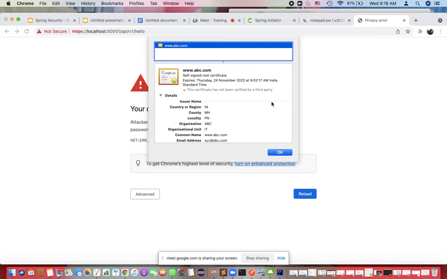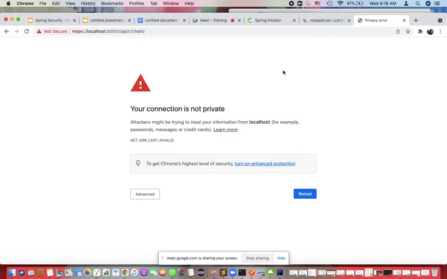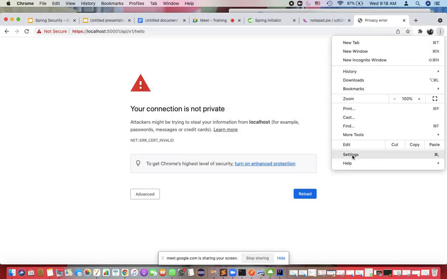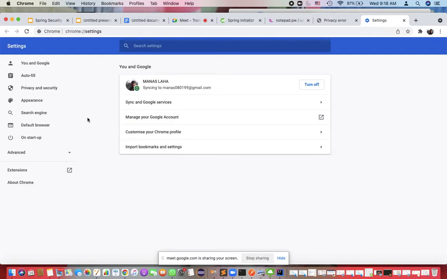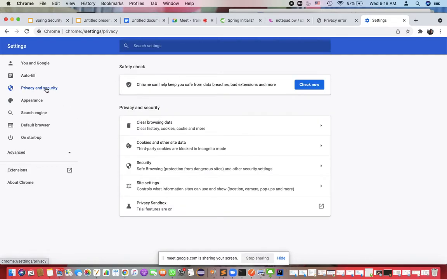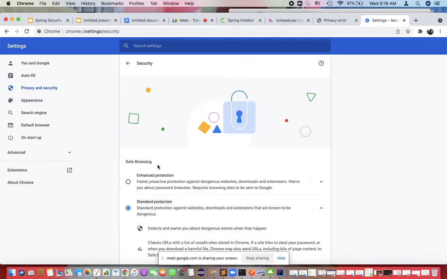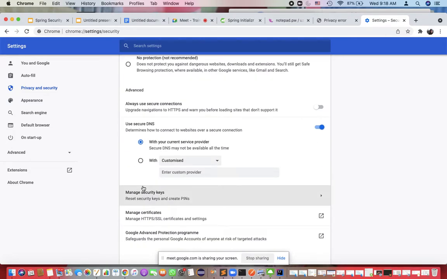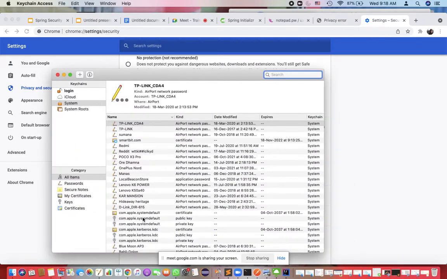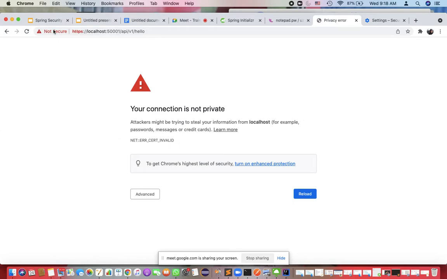Okay, there are lots of ways. I don't know whatever browser you are using, every browser has something to do with this. I'll just try because this is my Mac system. There will be something different than yours, but if it is the same, then you can follow the steps. So what I need to do, I need to go to the settings, security settings. If I go to manage certificates, here what I will do, I will first download the certificate.